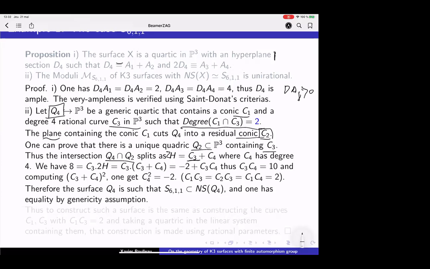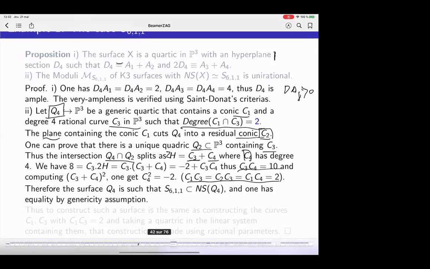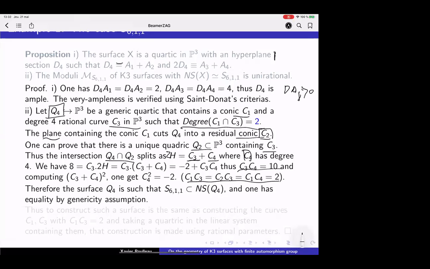Sorry, it is a 2. Yeah. It contains the curve C3, so there is a residual curve which has degree 4, and that residual curve is C4. And then you compute the other intersection number, and you get that the intersection number of C3 and C4 is 10, and everything is here. So the intersection numbers of the curves C1, C2, C3, C4 are the same as the intersection numbers of that matrix